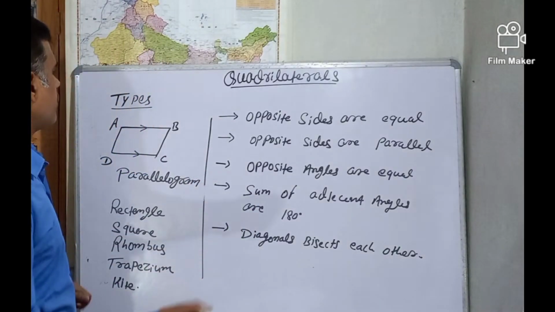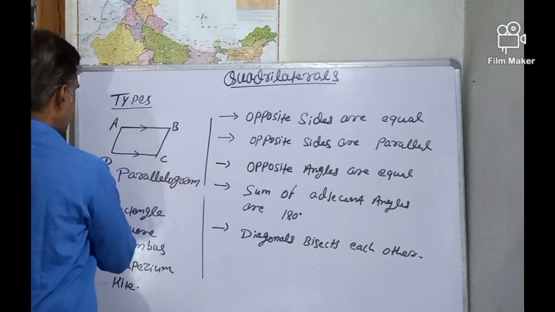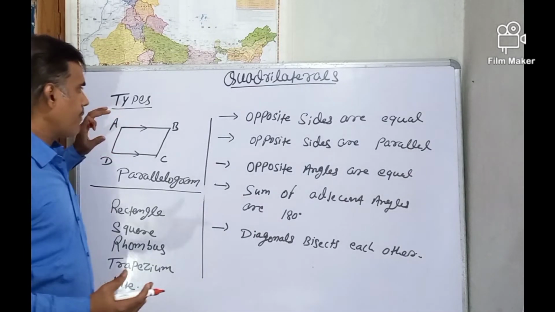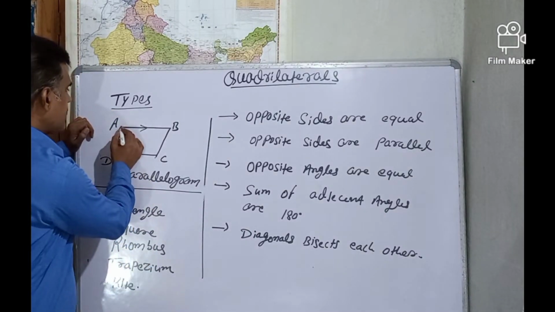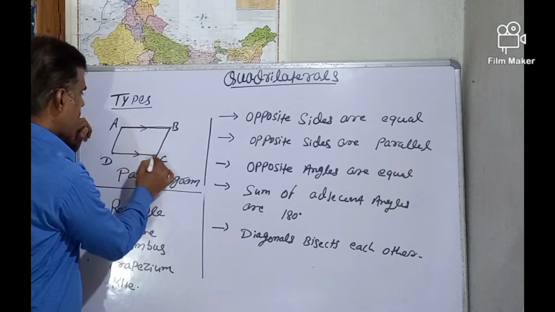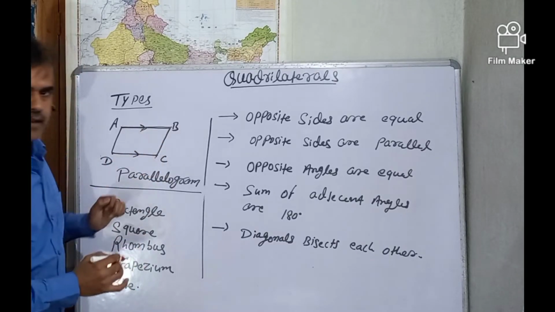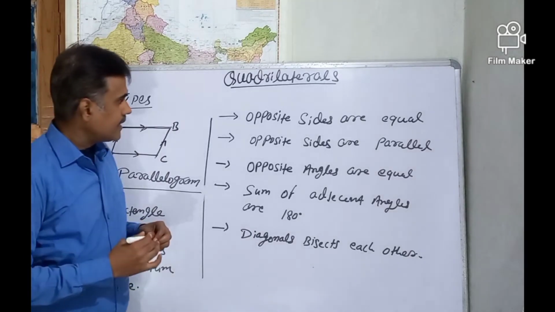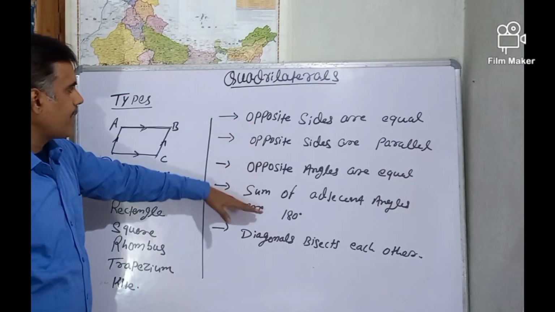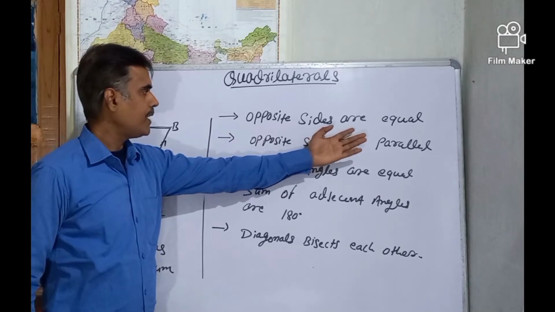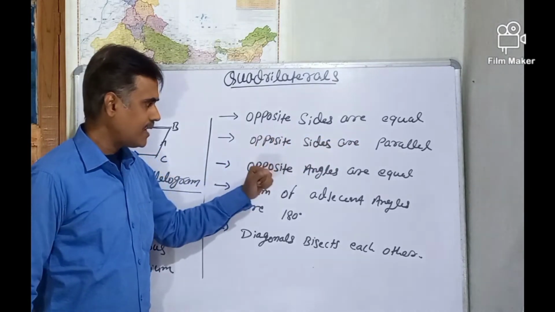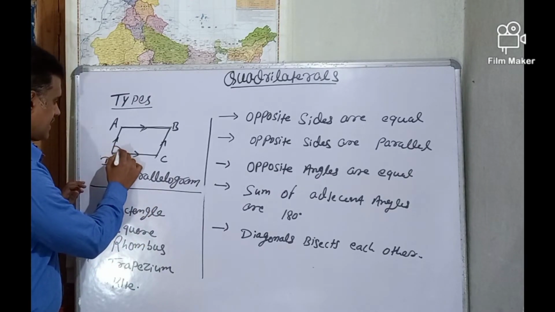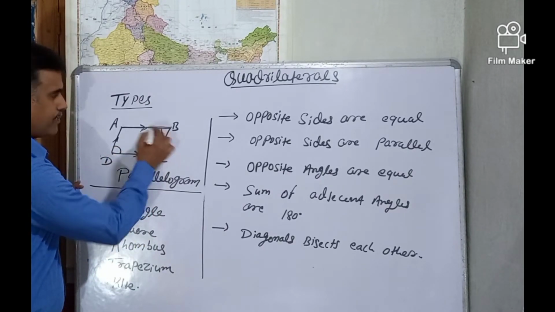This is the property of a parallelogram. This is a parallelogram. A quadrilateral is said to be a parallelogram when its opposite sides are parallel. In this figure, AB is parallel to CD and AD is parallel to BC. And these are all the properties of a parallelogram: opposite sides are equal, opposite sides are parallel, opposite angles are also equal. In this figure, we can clearly see that angle D will be equal to angle B,